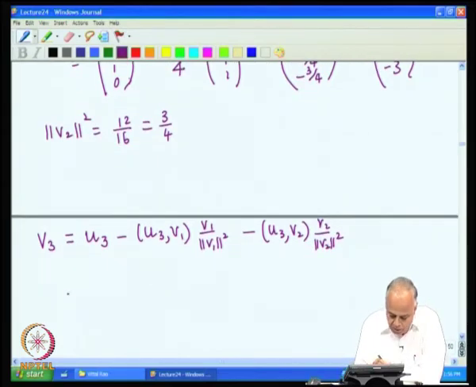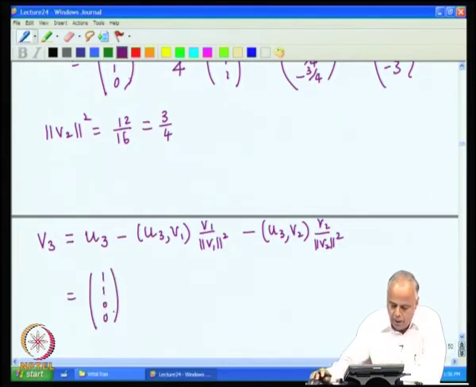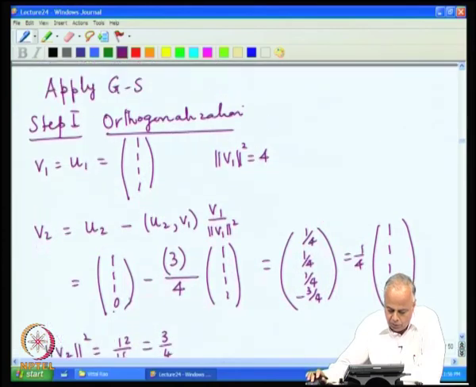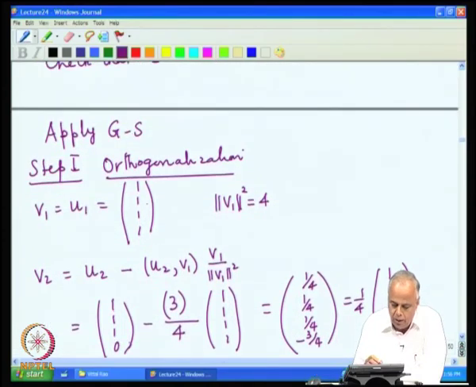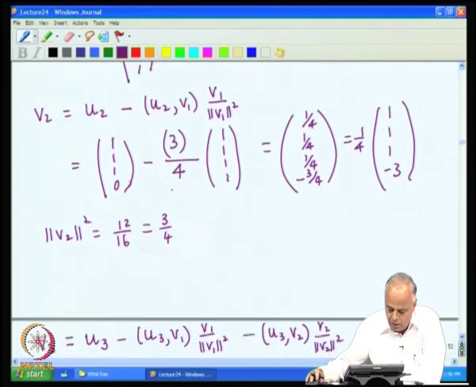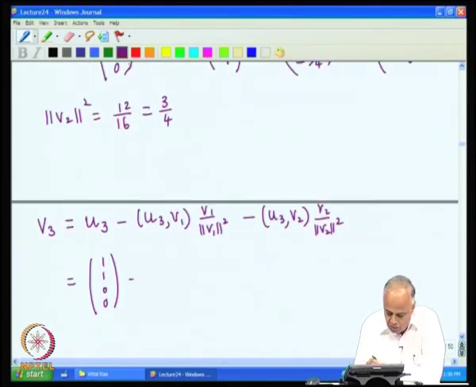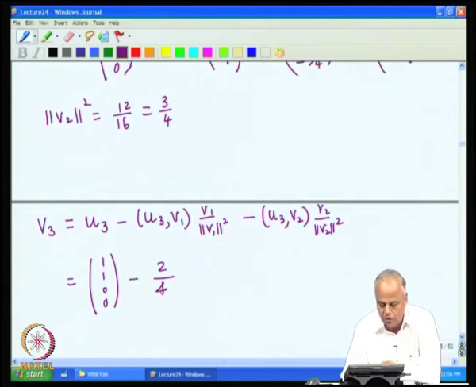Now, let us say U 3 was 1 1 0 0, and the dot product of U 3 with V 1 is 1 into 1 plus 1 into 1, the remaining components of V 3 are 0. So, that is just 2 divided by the length of V 1 squared, which was 4, into V 1